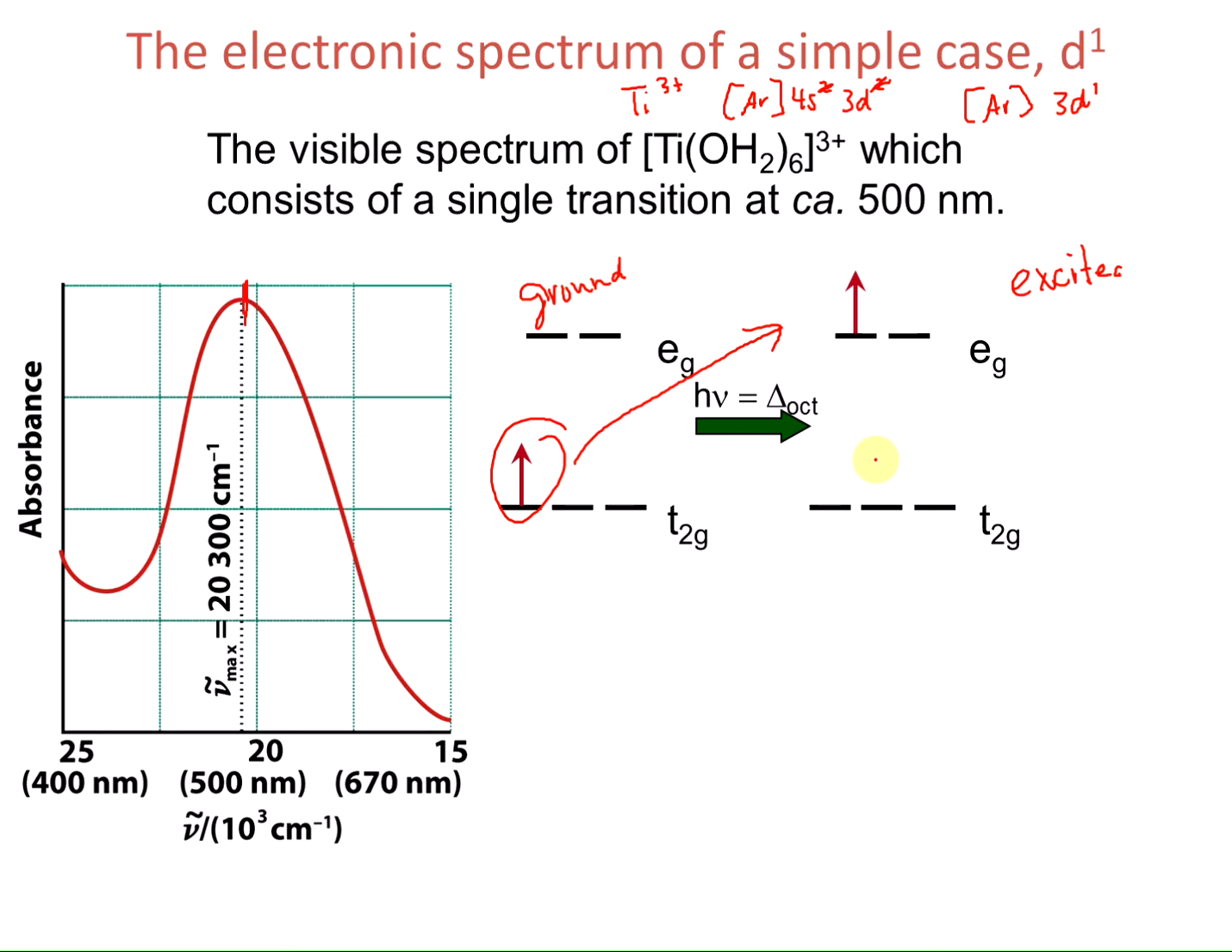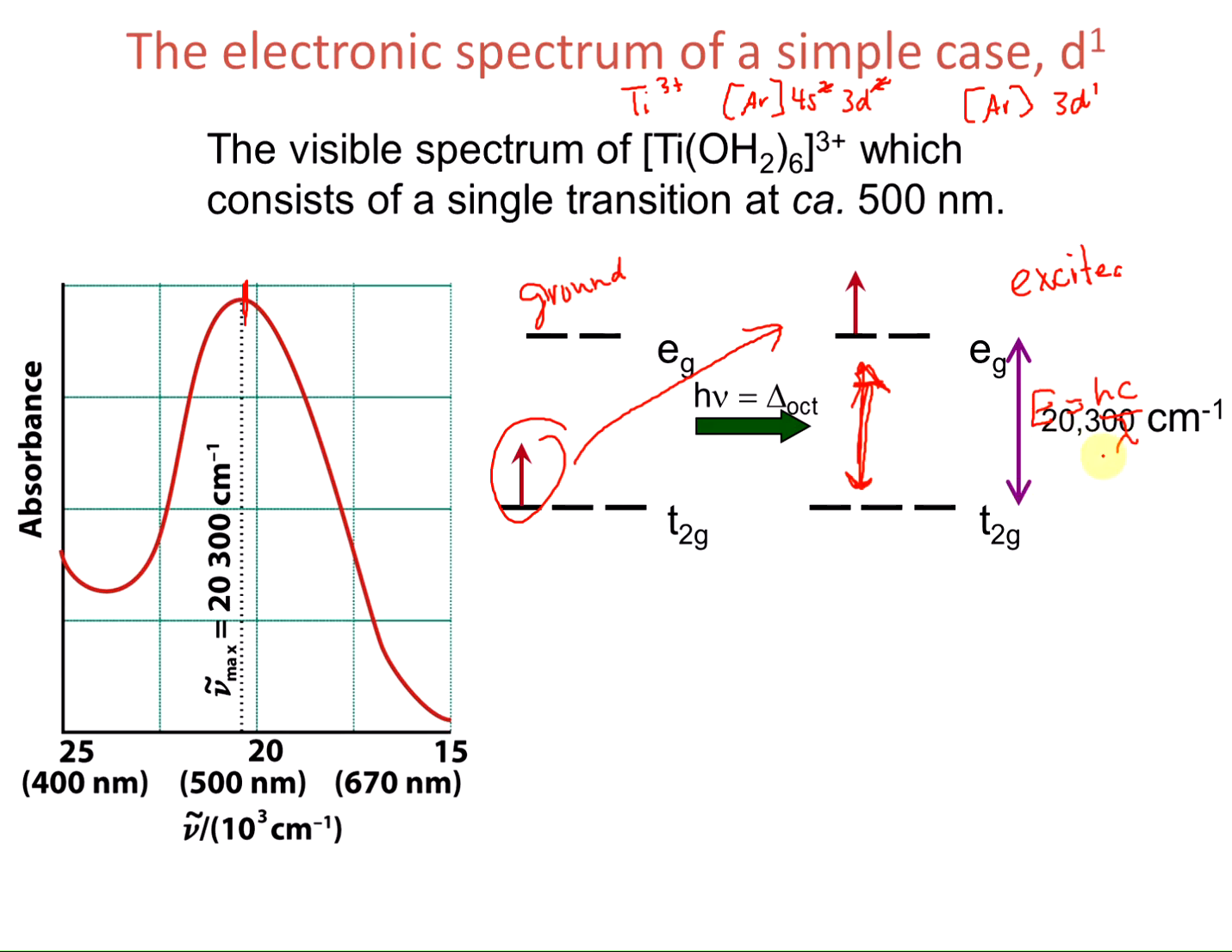So the energy difference between these d orbitals corresponds to the amount of energy of the light that causes the excitation. So the light has to be energetic enough to cause the electron to be promoted. And if you'll remember, the energy of a photon is equal to hc over lambda. So the shorter the wavelength, the more energetic the light. The energy difference between these corresponds to the wavelength of light that's being absorbed. And so the energy difference between these is 20,300